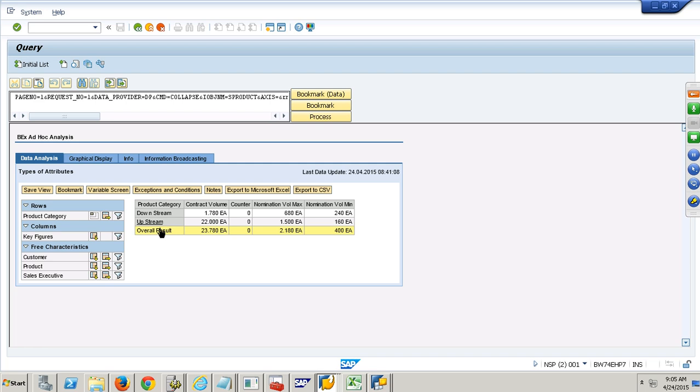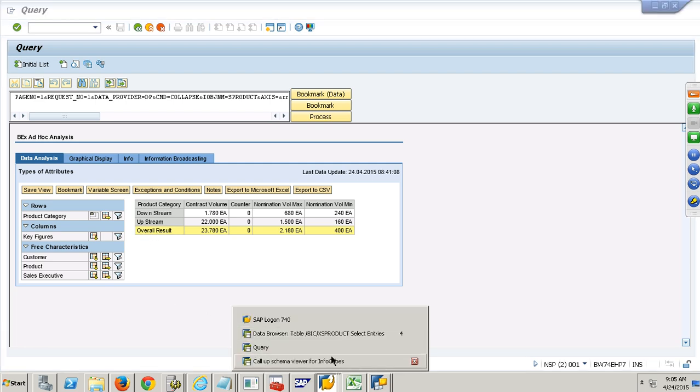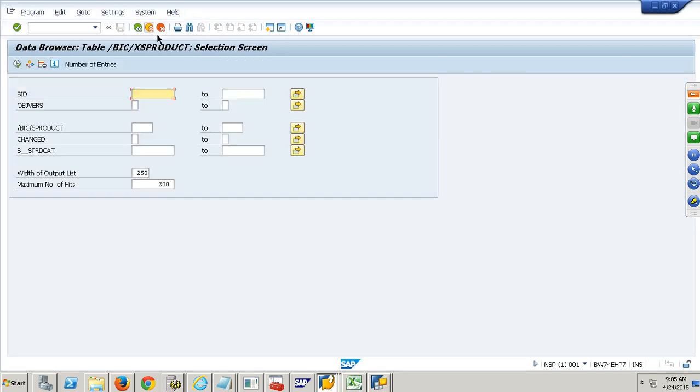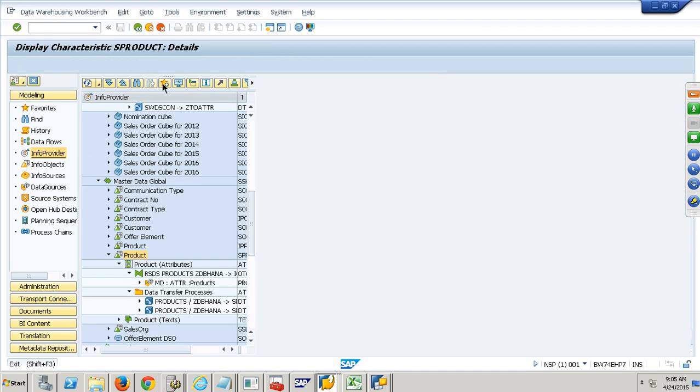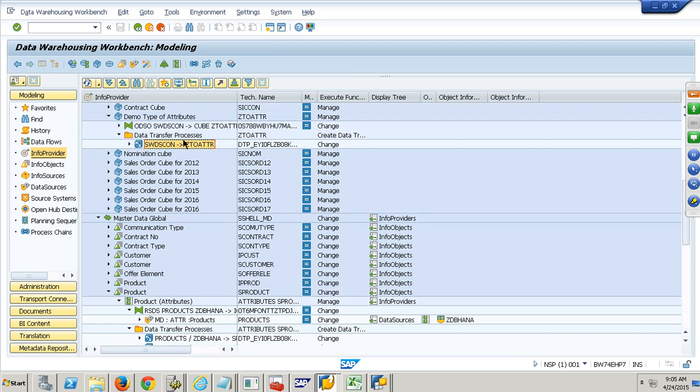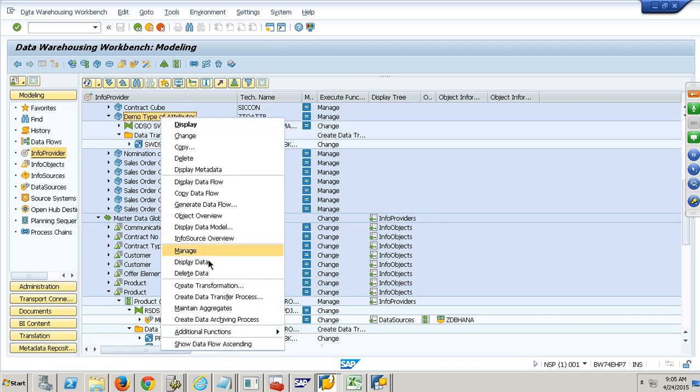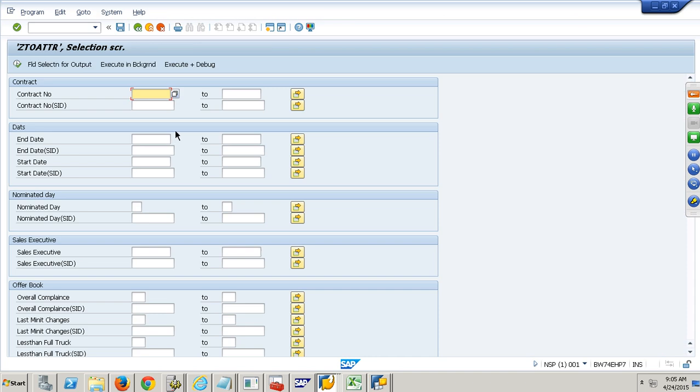So either display attribute or navigation attribute, both are showing you the present truth, because they are reading from where? From the master data bus. That's one point. And one more thing is, if you look at the content while seeing the data, display data, and then you're trying to see,